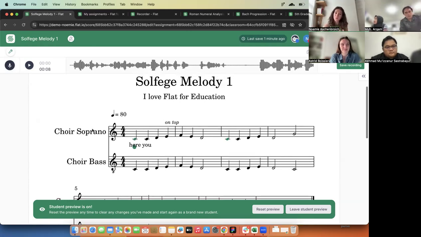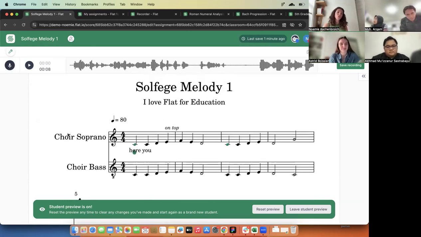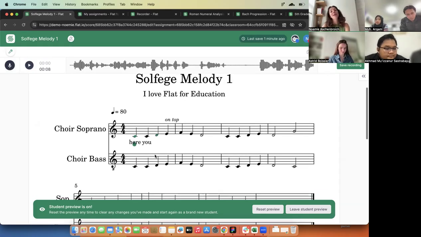So for example, in a month, a student who needs to sing the choir soprano will be able to sing this while hearing the choir bass in the background, if needed. It's not mandatory, but it will be an option. That's possible. In another example, if you use this for multi-instrument settings, you will be able to have your students choose the instrument they will perform while having the others play in the background, which can be very helpful